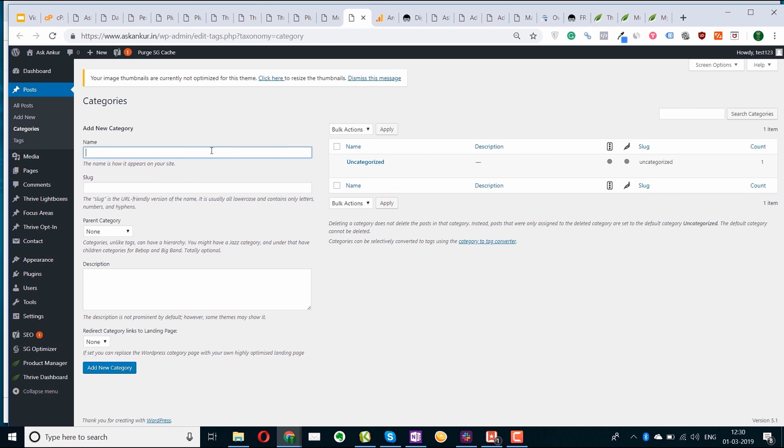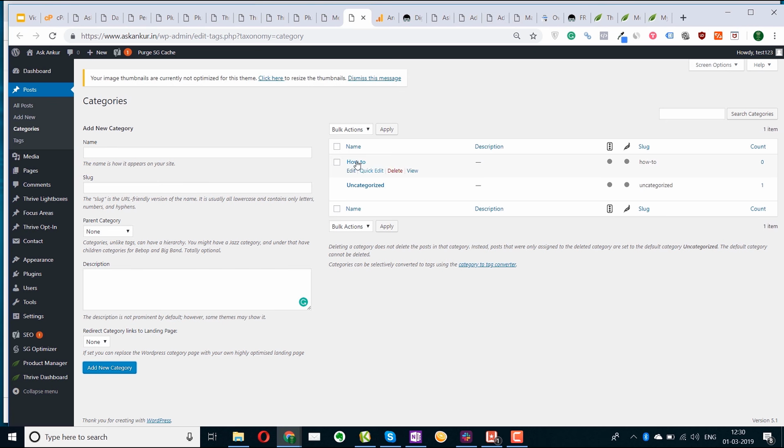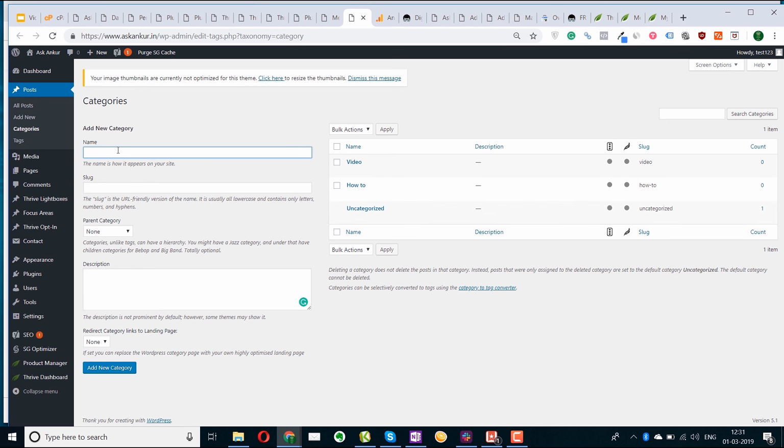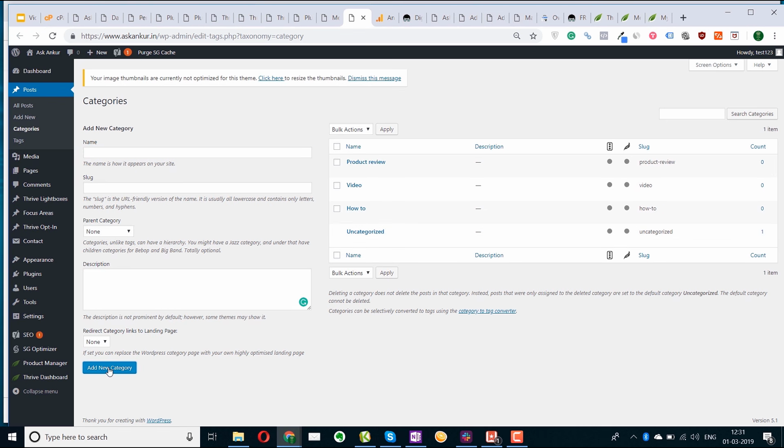Let's say your website is about guitar, then you might have a category called how to. These will be the how to articles. You can select the parent category or just keep it like that, or you can also add a description. I don't like to keep the description. I'll just add a new category for my how to articles. Then one category for my videos, where I'll be adding the video based articles. Then another could be product review, where I'm reviewing any kind of product. I'm just making some arbitrary categories here. You can create other categories as well.